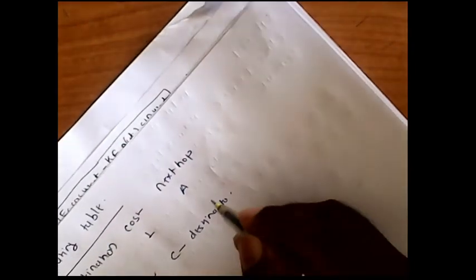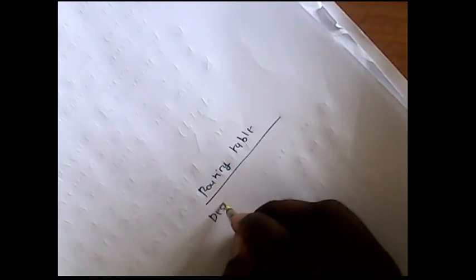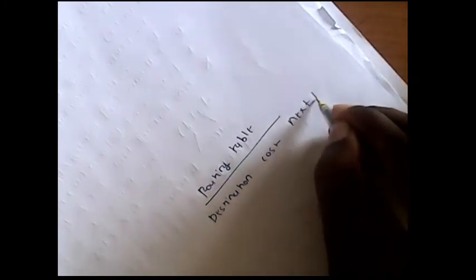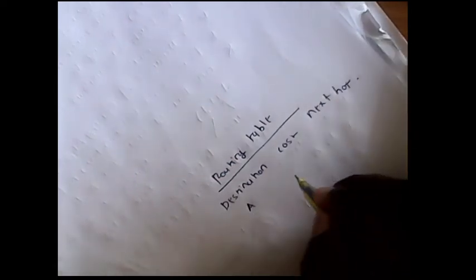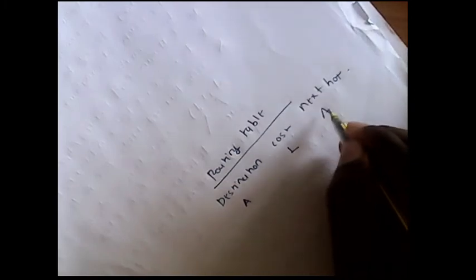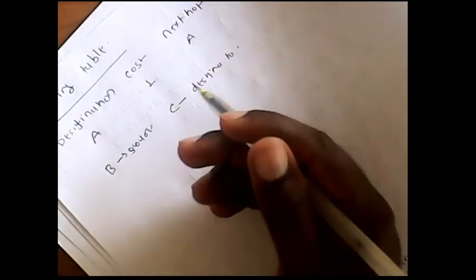So B as a source and D as a destination. I will write down this routing table here at the bottom, so there is a clear idea. The routing table consists of 3 entries: destination, cost and next hop. So we can put the entry for the first destination A, minimum cost 1, and next hop will be A itself.